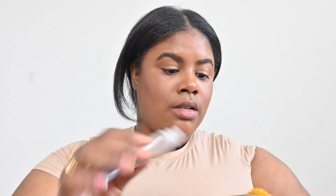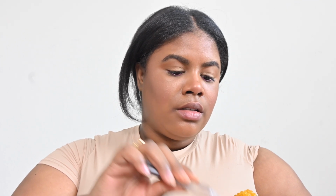Okay. We definitely about to do a little gloss. A little bit of gloss on the eyelids. So I'm just gonna take my hand and just put it like in the middle, I guess. I never did this before. So it's like we still have the color, but you don't want it to be too matte, so